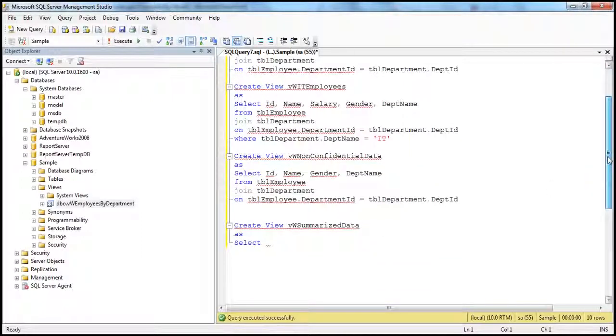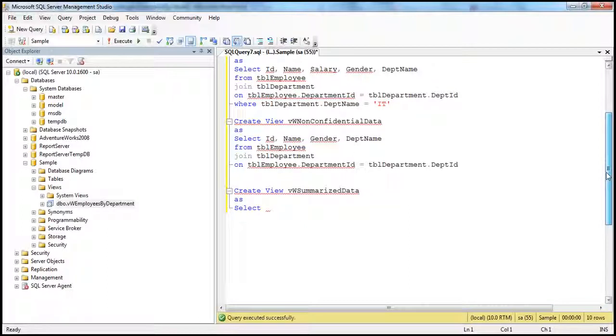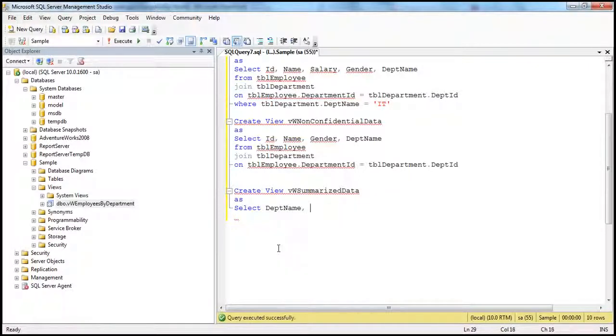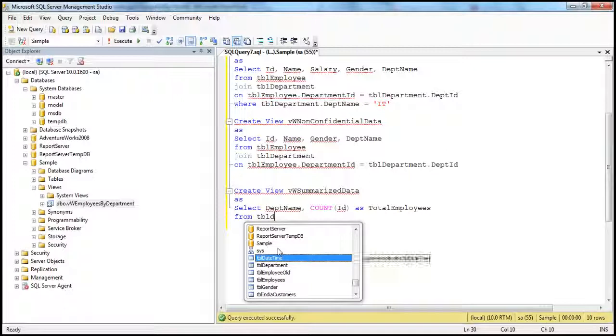And obviously to do that, we have to use group by clause, and we have seen how to use the group by clause in the previous sessions of this video series. So we want the department name itself, so select DEPT name, and then we want the count of employees. So we use the count aggregate function, so count of ID, and let's say total employees from the tables, which are TBL employee,